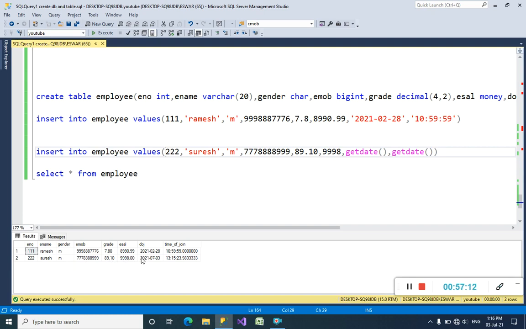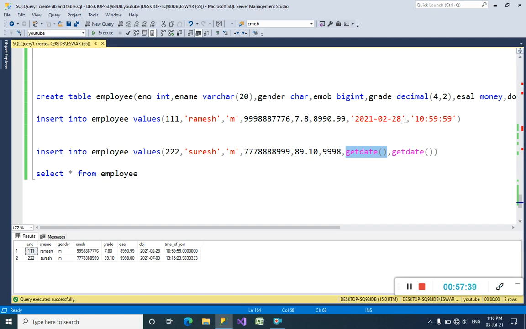His current date, we have it. Just tell me, guys, did we enter the date in any format before? No. The GETDATE function will automatically bring the current date, and it will insert it.